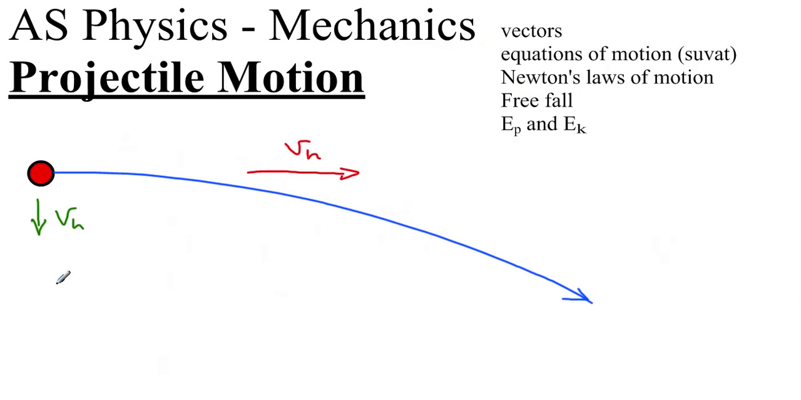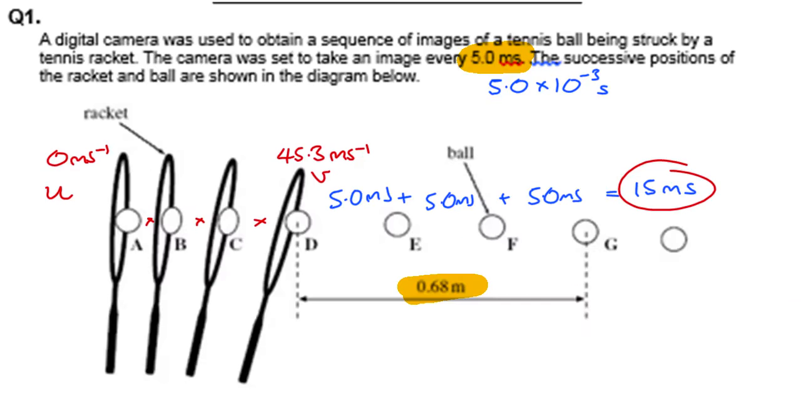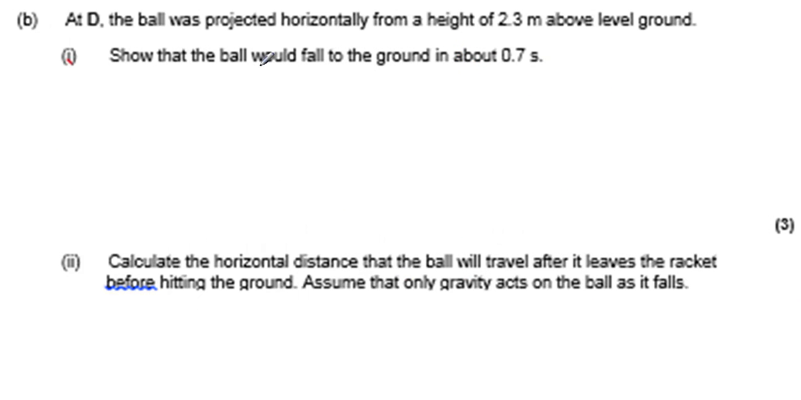Now, next bit is back to that stuff I mentioned right back at the start, that you can consider horizontal velocity and vertical velocity, which I have inexplicably labelled as horizontal as well. Vertical velocity and horizontal velocity can be considered independent of each other. They said it's been projected horizontally and it started off at a height of 2.3 meters above level ground. Show the ball would fall to the ground in 0.7 seconds. So here we've got movement, but it's movement under gravity. The thing is travelling horizontally but falling at the same time. You've just got to work out how long it takes it to fall